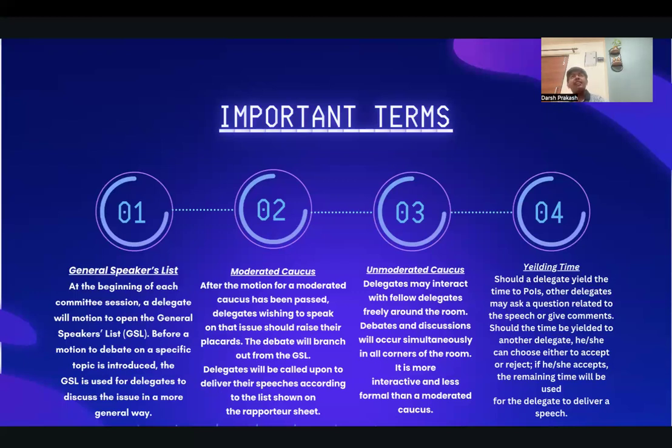Why I'm saying that you should not yield the time to other delegate is that sometimes the other delegate might have some good points that can overshadow the points that are being stated by you. You need to make sure that your points are first heard by the chairperson and then the other delegates deliver their speeches. You need to keep all these things in mind, because at the end of the day it's a competition and you would be fighting for the best delegate, high commendation, special mention. If you're fighting for it, then you need to be clever, you need to use your mind, you need to be quite confident with your approach, and yes, then you can easily win MUN conferences.